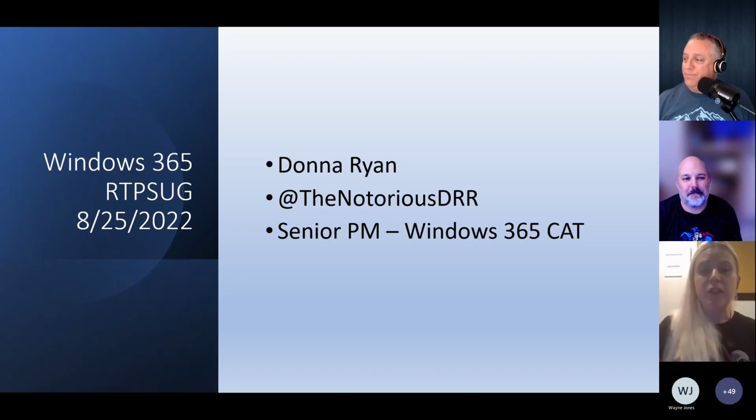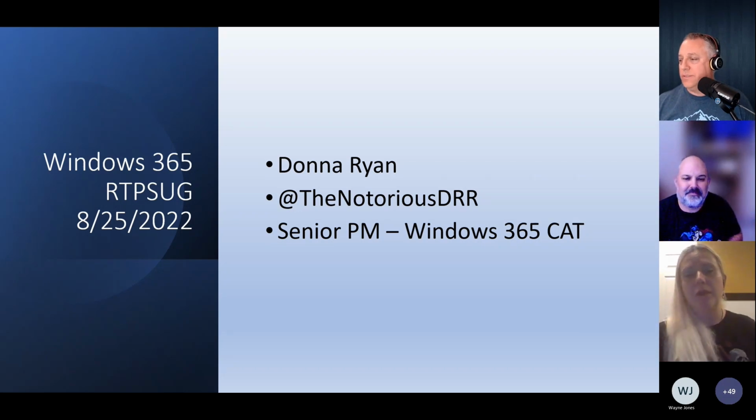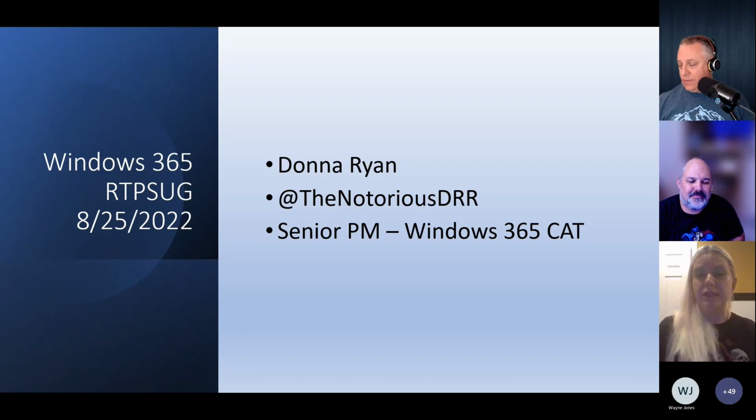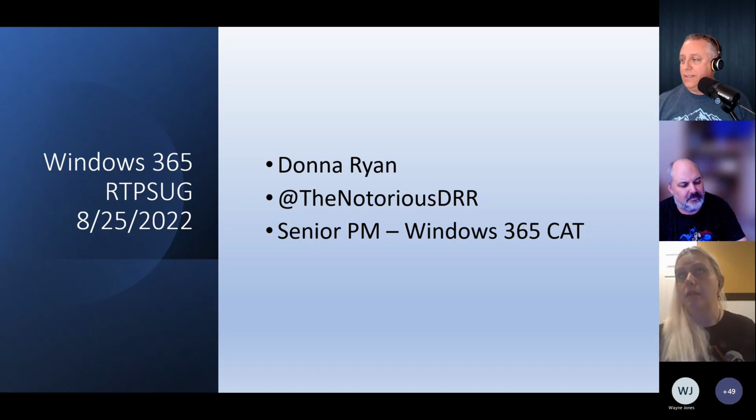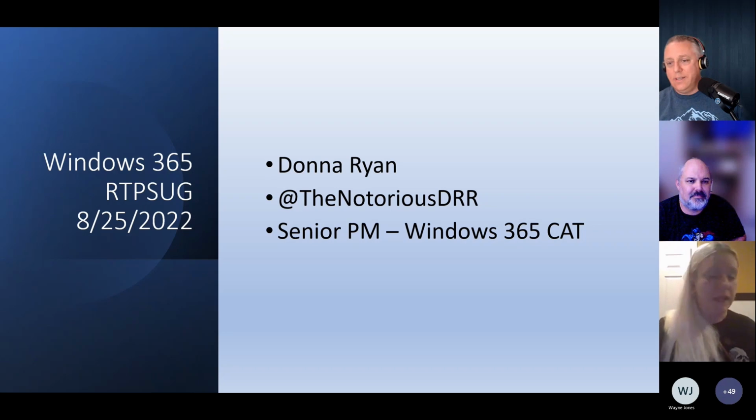So awesome. Just a little bit about myself. I am a senior PM on the Windows 365 CAT team at Microsoft. Prior to that, I was working at CDW for shy of 11 years as a consulting engineer. Started with Config Manager, picked up Remote Desktop Services, which is how I kind of got into the whole VDI realm. Intune, Autopilot. I was really heavy into OSD. I did earn my Microsoft MVP title a couple of years ago, which I had to turn in when I went to work for them. So still very proud of that title.